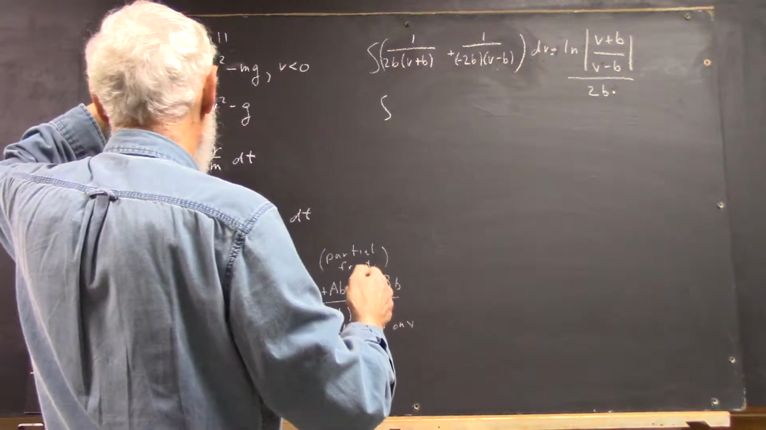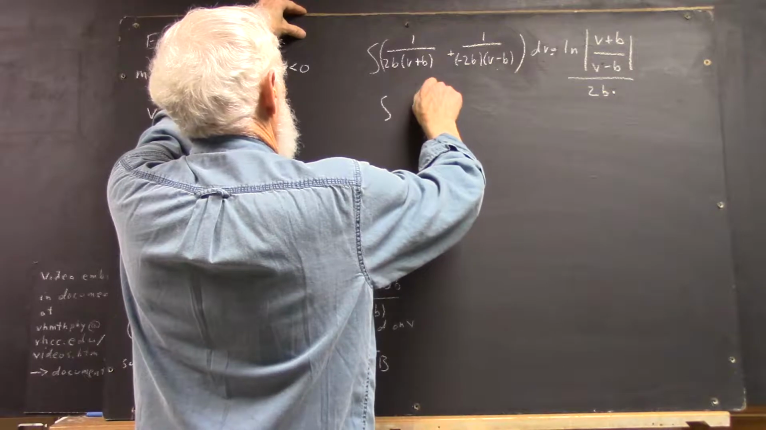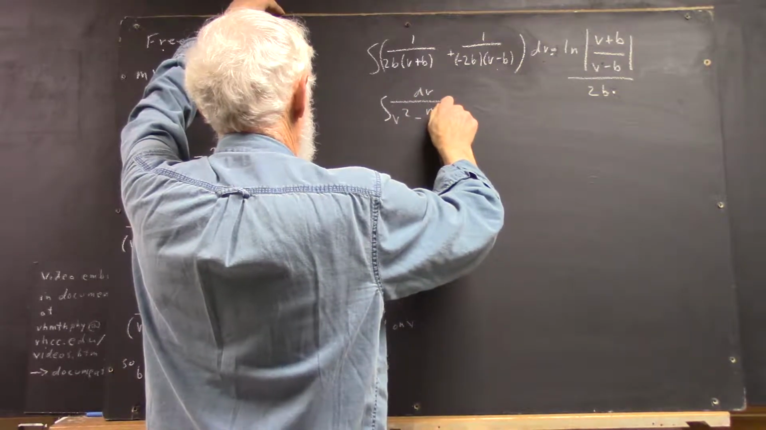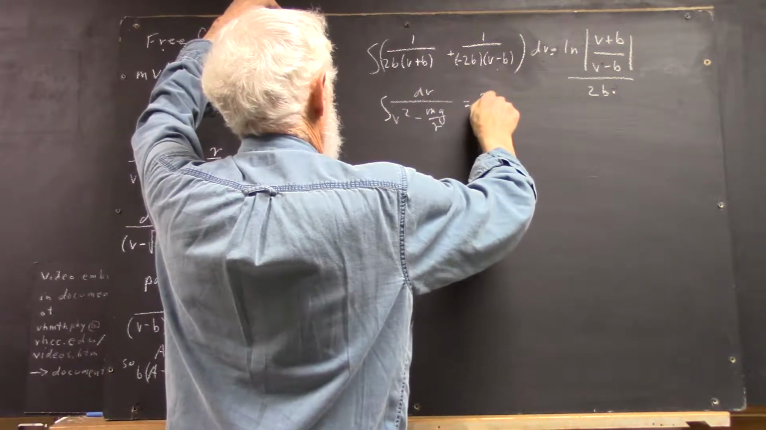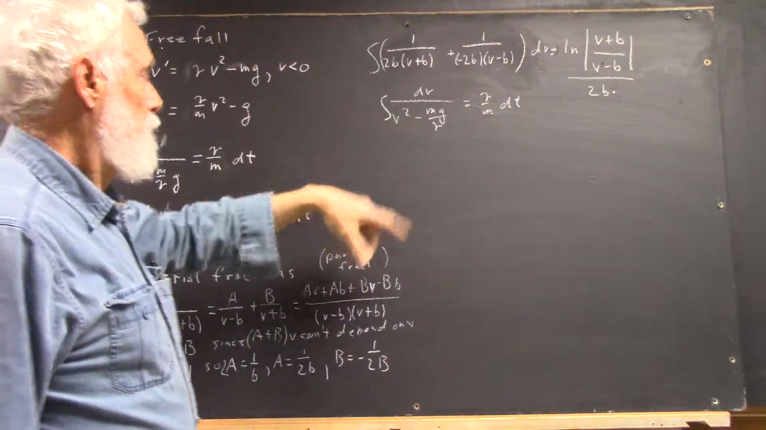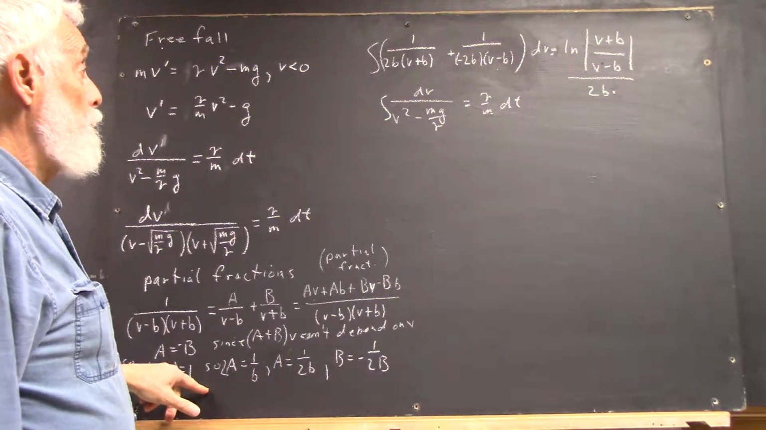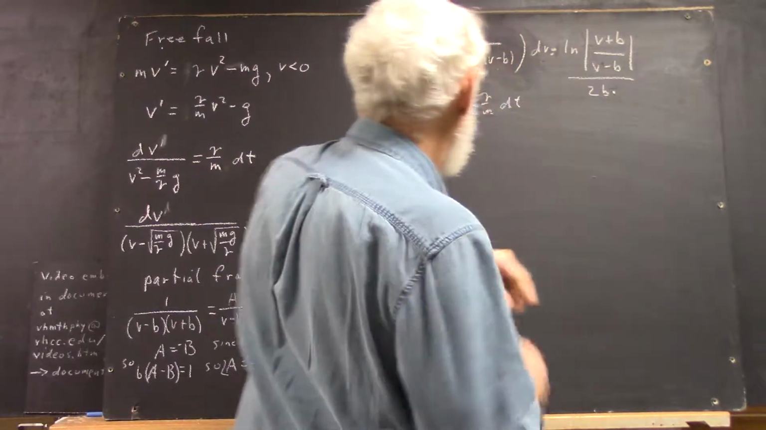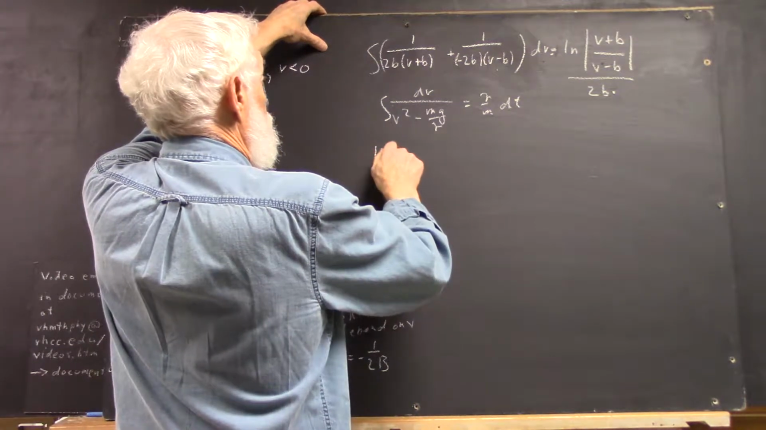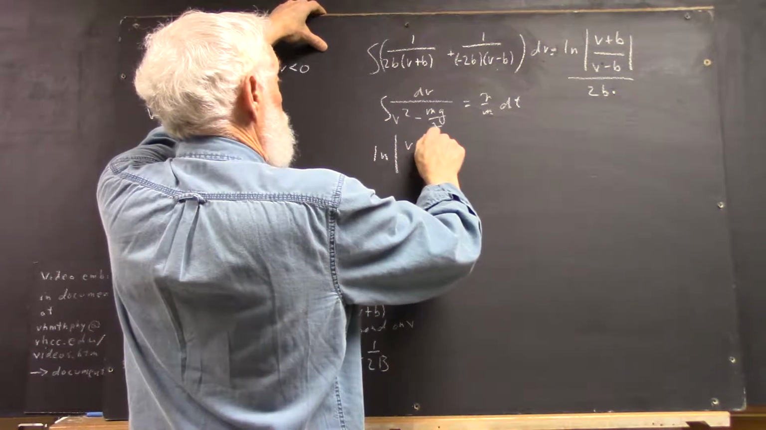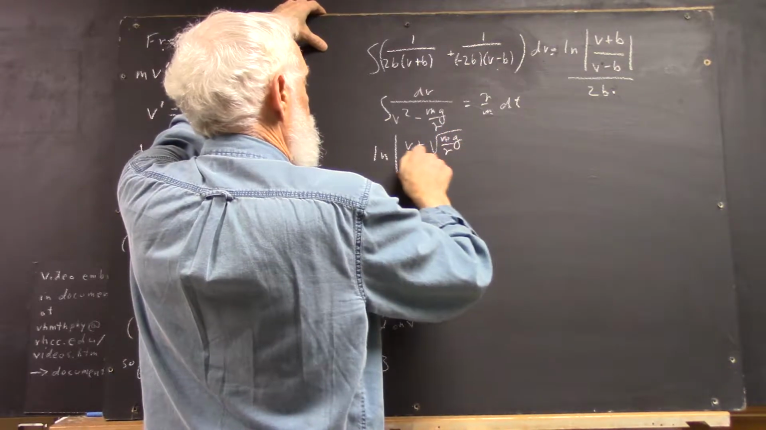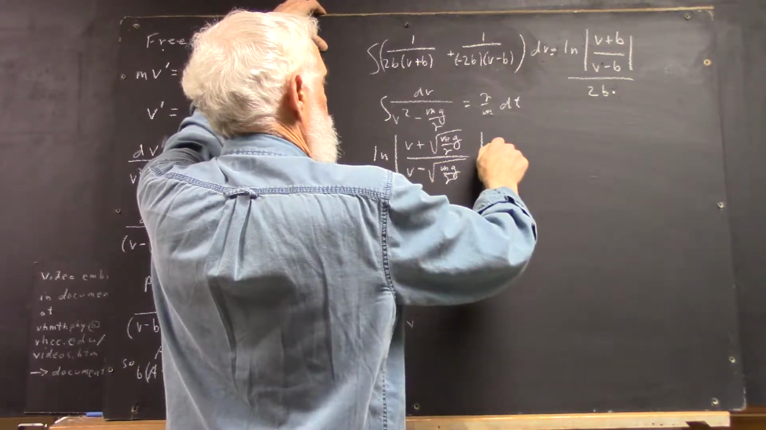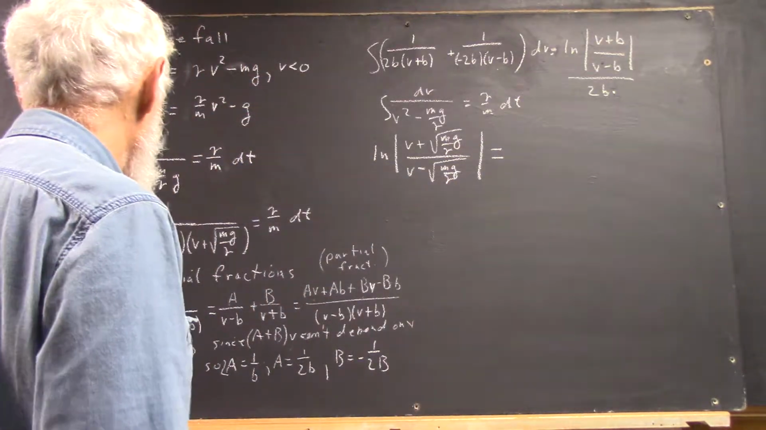and I'm skipping a step, but the integral of dv over b squared minus mg over gamma equals gamma over m dt ends up through this whole process giving you this on the left-hand side, where b is the square root of mg over gamma. Okay? So on the left-hand side we get the natural log of the absolute value of v plus the square root of mg over gamma divided by v minus the square root of mg over gamma. And that's going to equal, okay, well it's going to equal,